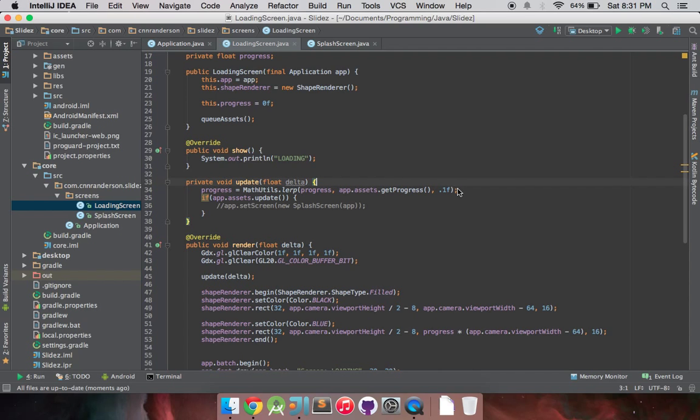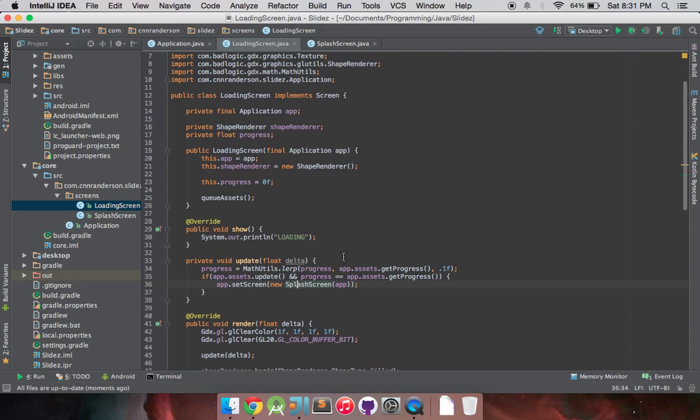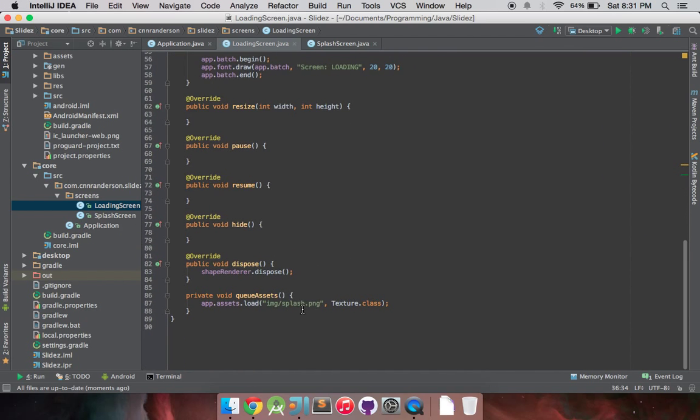So with that, I wonder, end progress equals app.assets.get progress. Get progress. Okay. I want to include this so it actually finishes the whole loading bar before it switches into the app screen. So with that, I think our loading screen is pretty much done, and we're going to be coming back to